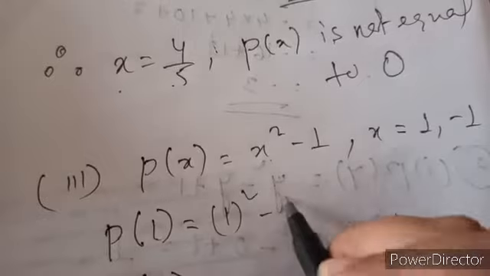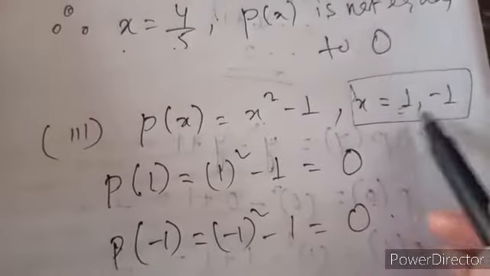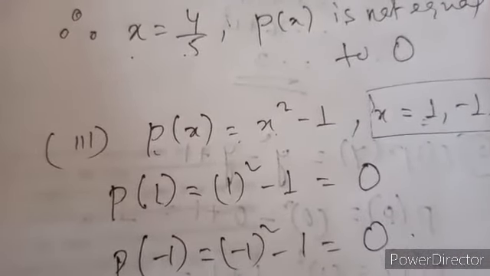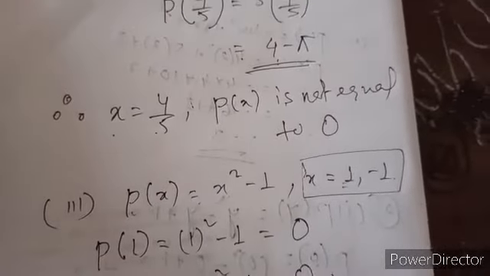So while we are writing 1 square minus 1, the answer is coming 0. And when I am taking minus 1 whole square minus 1, the answer is again coming to be what? 0. That means I can conclude that for both the values, it is a factor of this polynomial. So I hope all of you understood the concept of being a factor of the given polynomial. Whenever you are substituting the value in the given polynomial, if your resultant value is coming to be 0, then we can conclude that it is a 0 of the given polynomial or it is a factor. But if your answer is not coming to be 0, then you can conclude that it is not a factor.